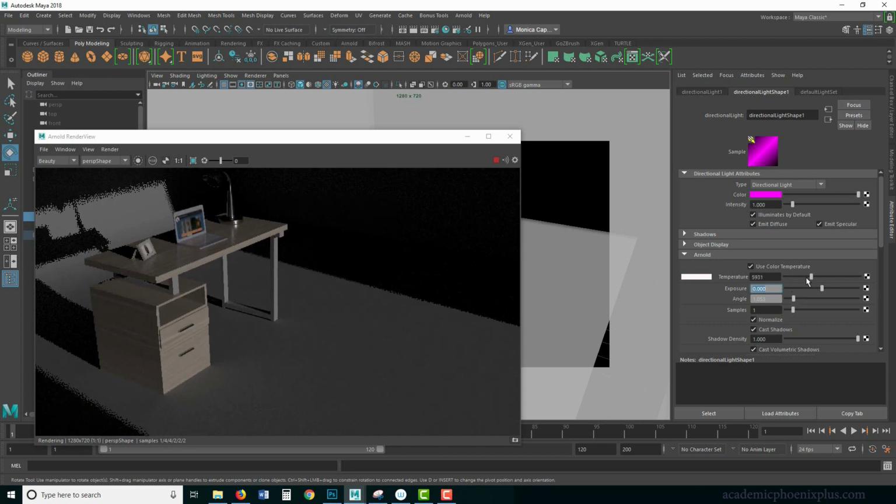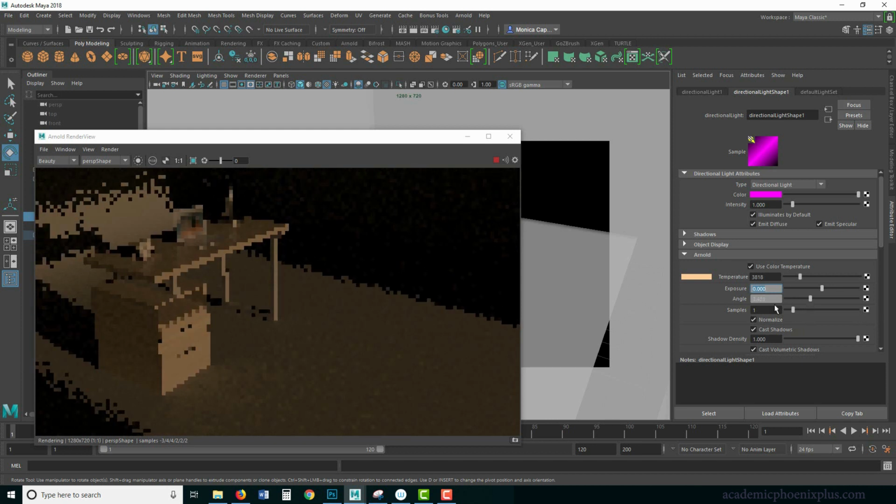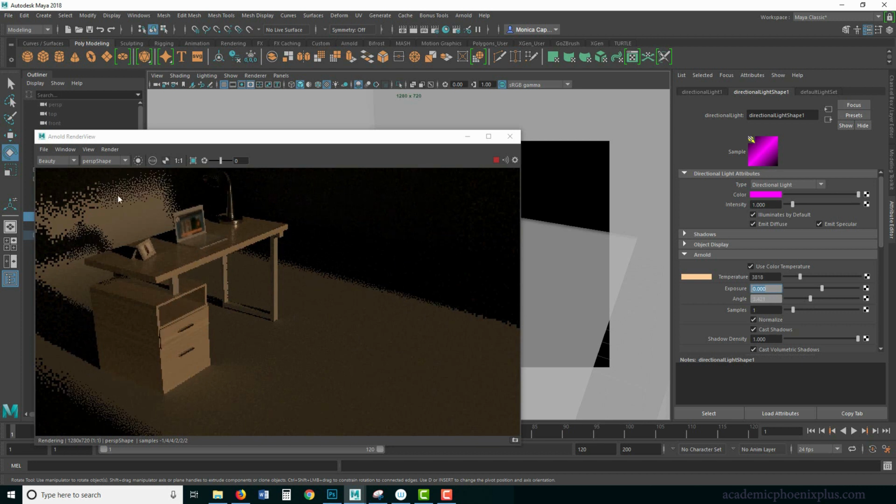So for example, if I wanted to go for a little bit of a sunset color, that means that the sun is really deep in the horizon, and therefore the shadows are going to be very soft. So I will increase my angle to soften the shadows. Notice how it's starting to break up the shadows. However,